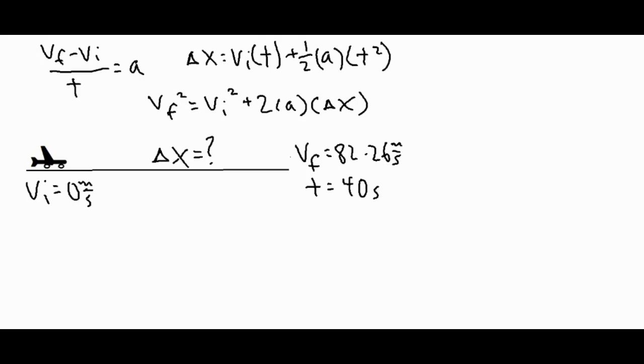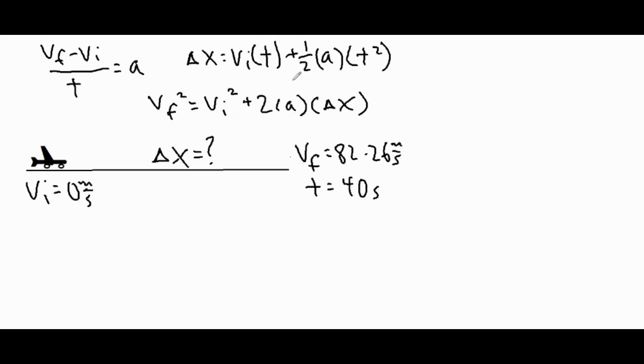Now, in order to find delta x, we're going to have to use either this formula over here or this one right here. Obviously, this one over here does not have a delta x. Now, if we're taking a look at this one, we have the initial velocity, which is basically going to cancel out this beginning portion. And then we need a and t, but we don't have a, so we can't use that formula. If we take a look at the last one, we do have the final velocity, the initial velocity,